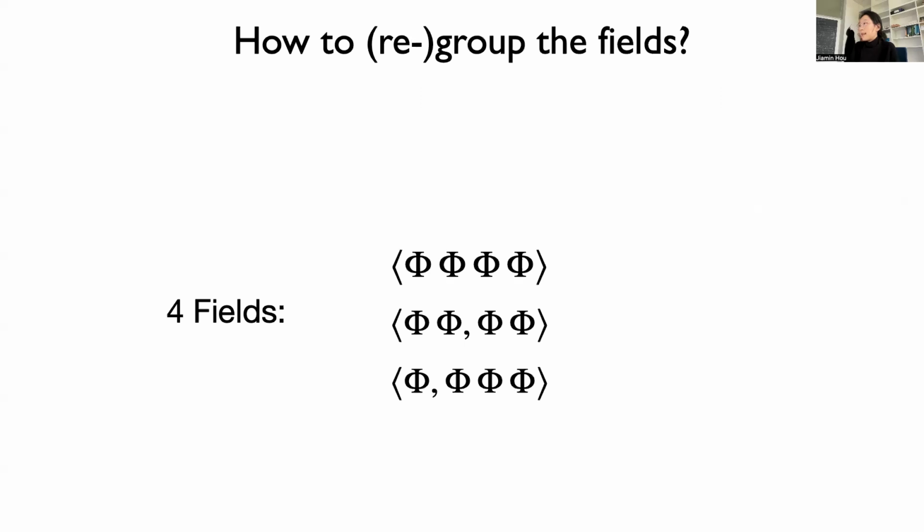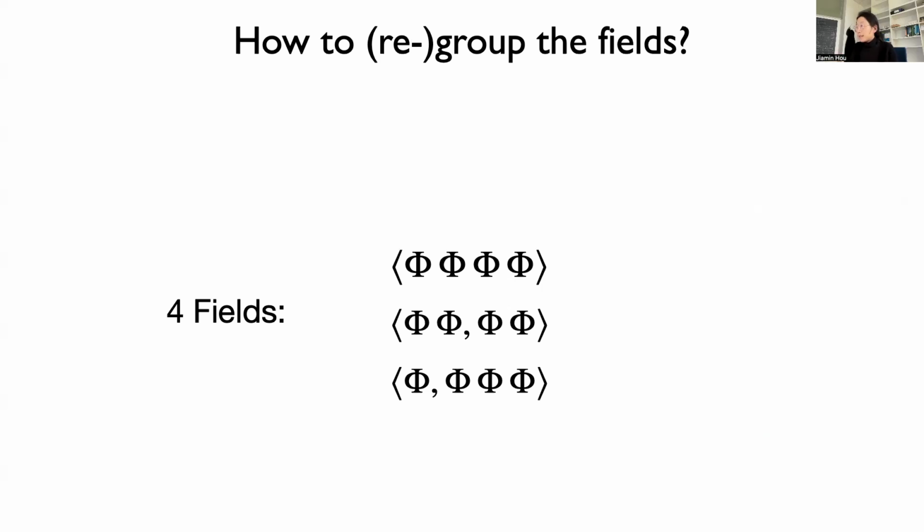And the next question is, how can we group or rearrange these four fields? One option is to take all four fields as they are and compute their ensemble average directly. Alternatively, we could pair two of the fields, apply an operation to each pair separately, and then combine these results. Another approach would be to select one field, apply an operation involving the remaining three fields, and